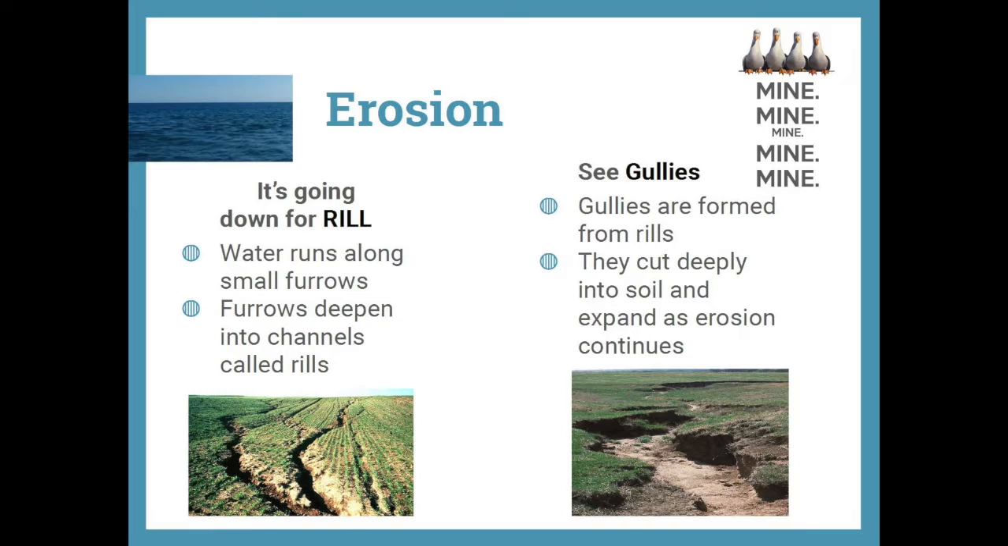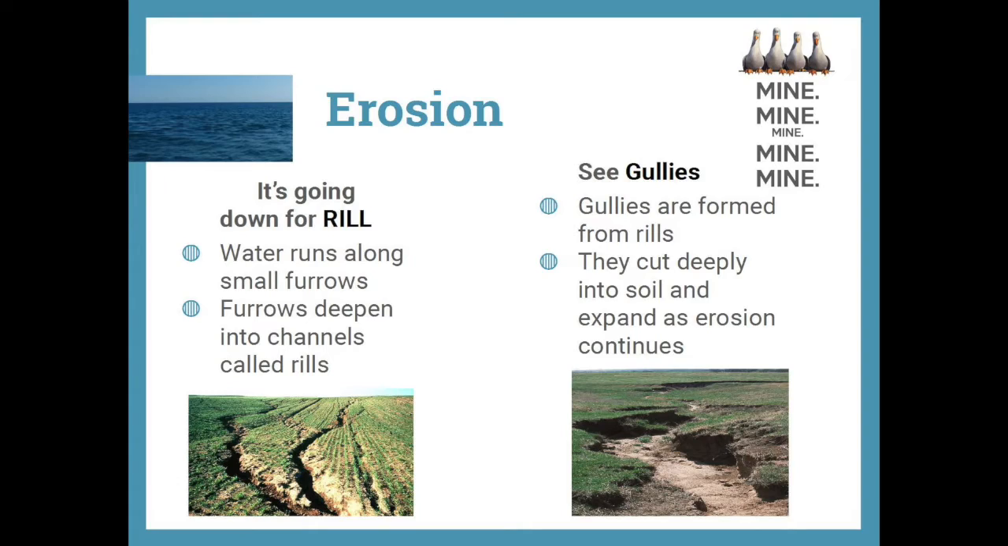The first one is rill, and how it works is that water runs along small furrows. As water keeps running through the gaps, they get wider and wider, and they start to deepen into channels, and this is when it becomes a rill. And this usually occurs when runoff water forms small channels and goes down slopes because gravity pulls the water down